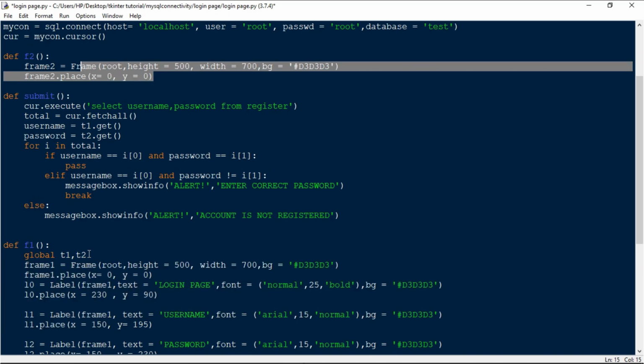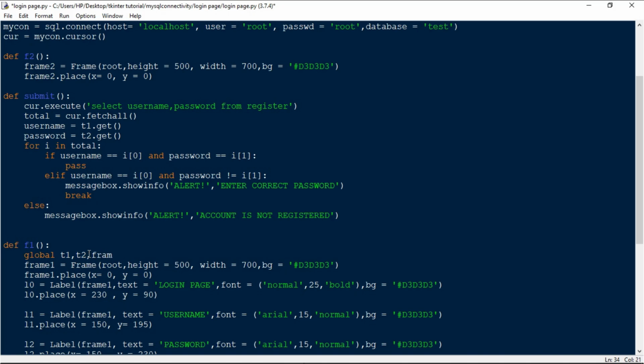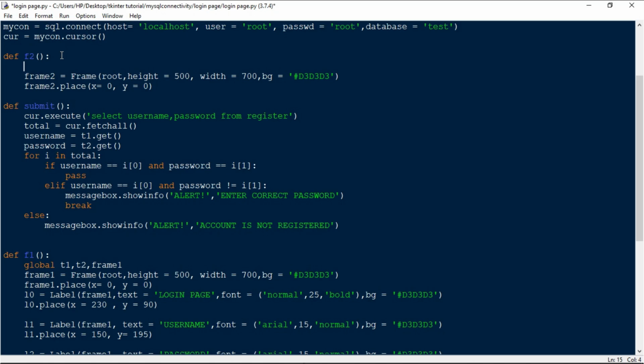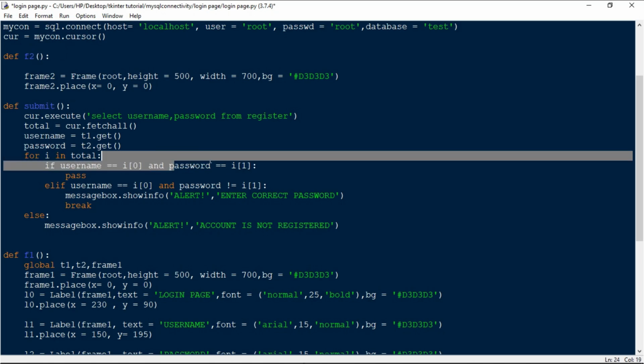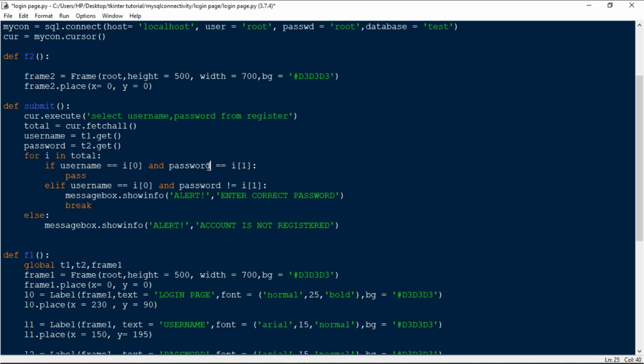So I'm going to declare global frame1, and this f2 function will be executed only when the username and the password are correct. So in that case, the login is successful, so I'm going to destroy the current frame and open a new frame. The previous frame I'm going to delete.